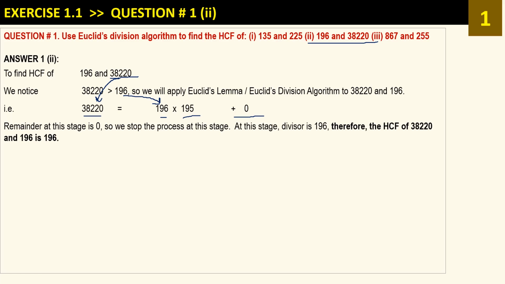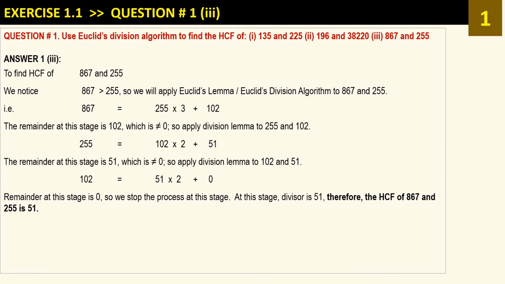So we have reached the stage where the remainder is 0, so we shall stop the process, and the divisor at this stage is 196, so HCF of these two numbers will be 196, and we can say our answer is 196. Let's get to the next part 3 of this question number 1, which is to find the HCF